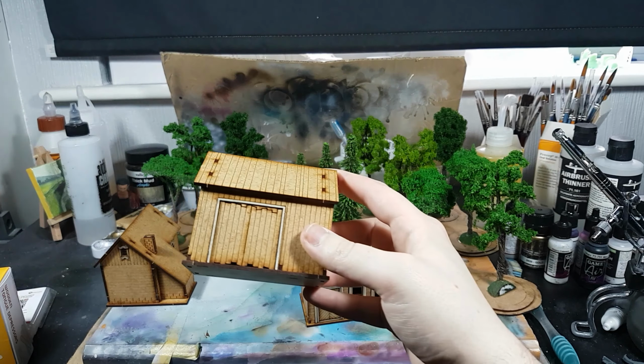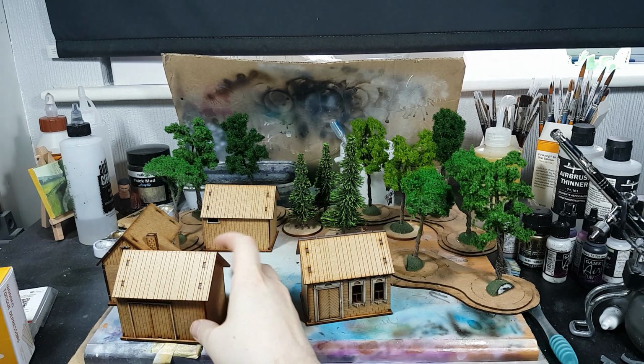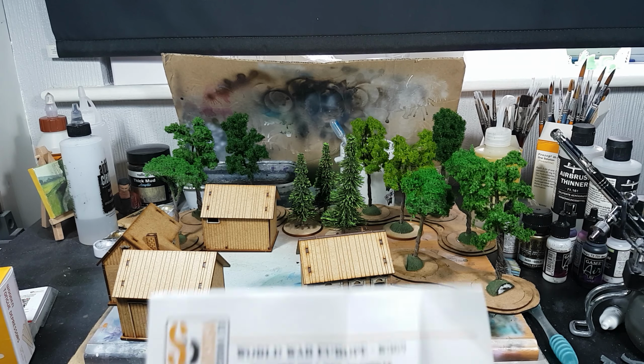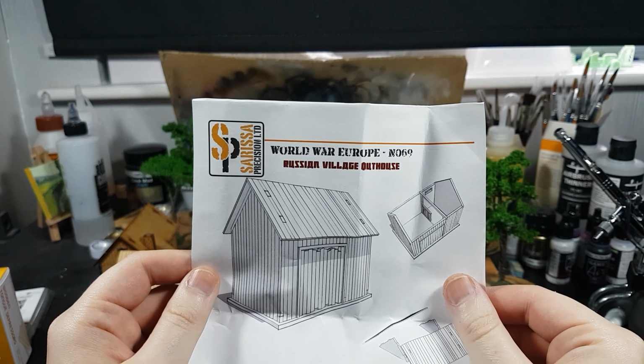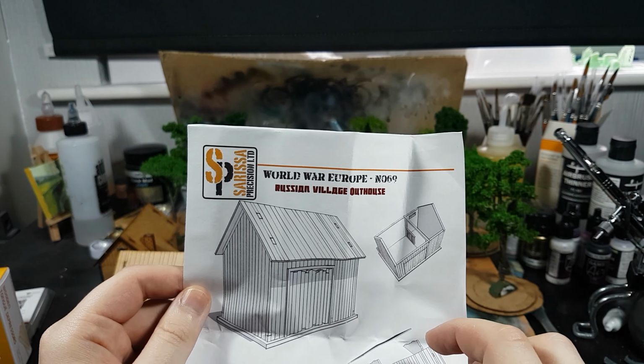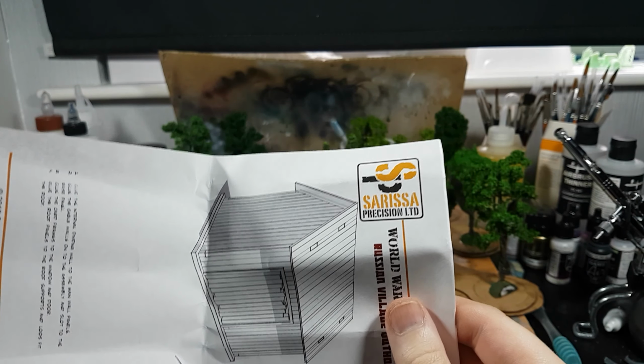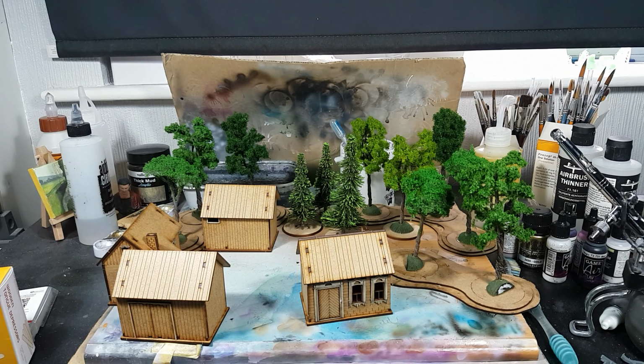So this is, I think, a village shed. Do I have the name of them? Let me just check the old paperwork. So that is a Russian village outhouse, Sarissa Precision Limited. So that's that one, and then